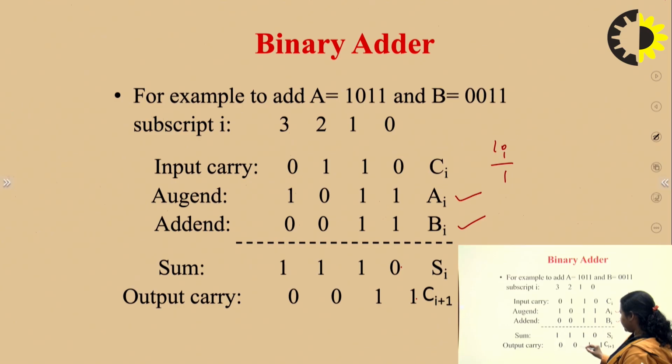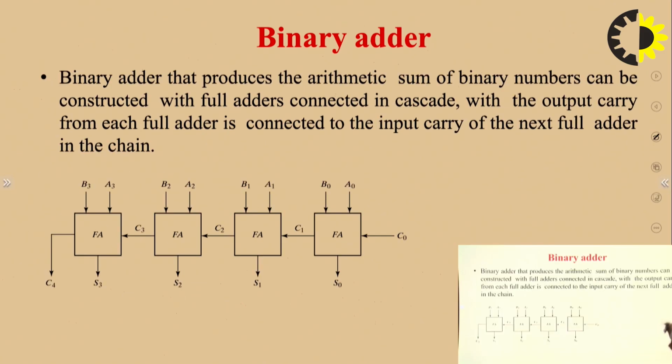So you will be having 1 here with carry 0, and similarly carry 0 plus 1 plus 0 is sum 1. So this is simple binary addition, how we do addition. A question may come that you have to add this plus this, and like this you have to show. Now a binary adder can be made using this.